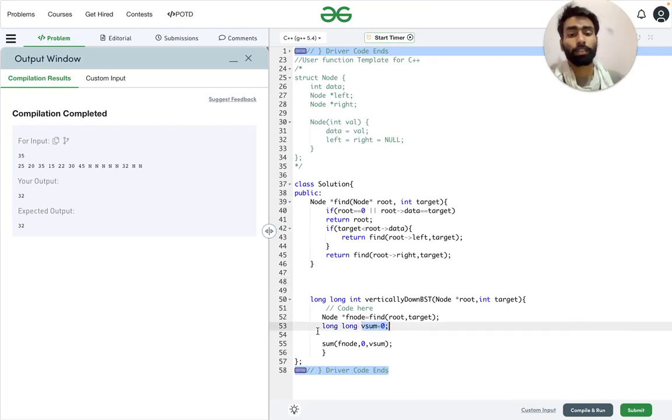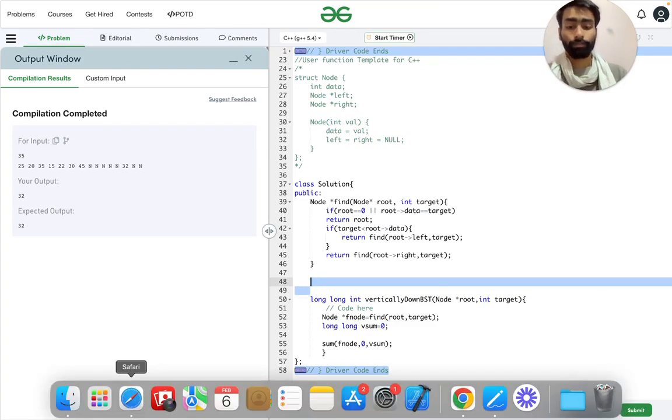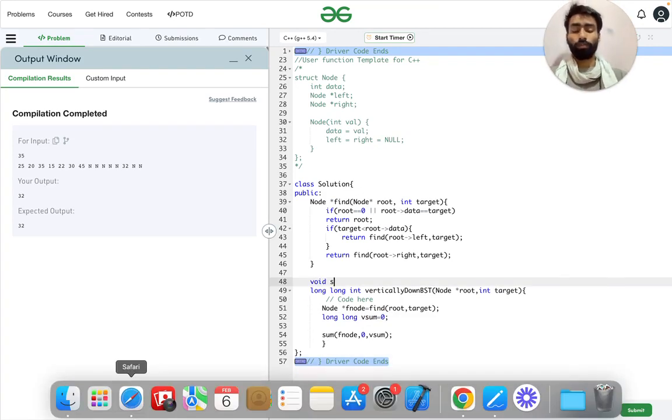So the function will be void sum. We are passing node here, int level. Now we need to have a long vsum.